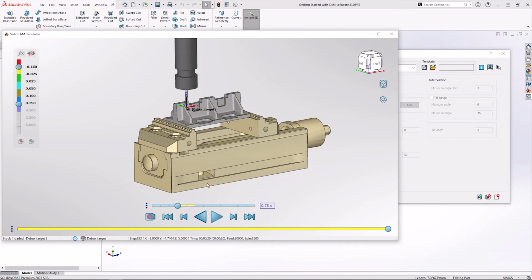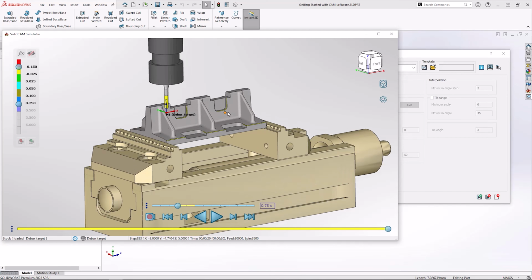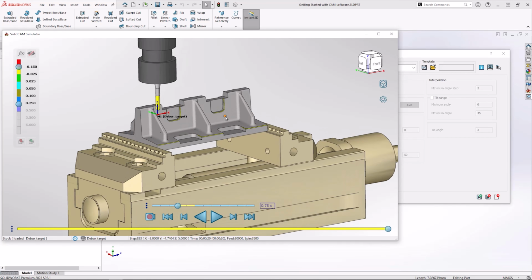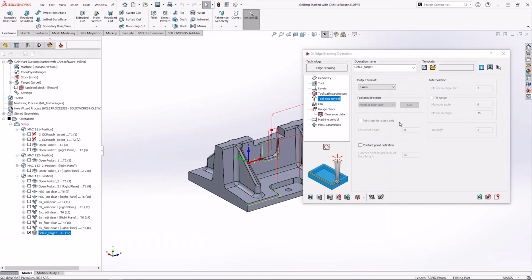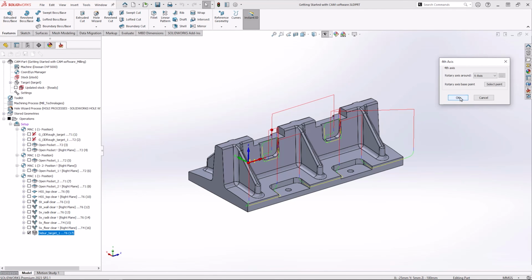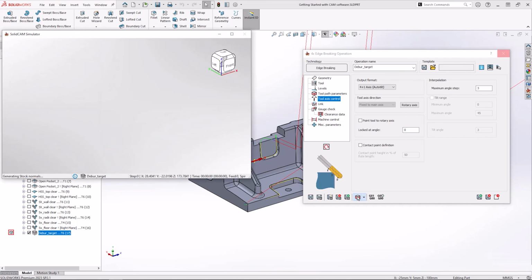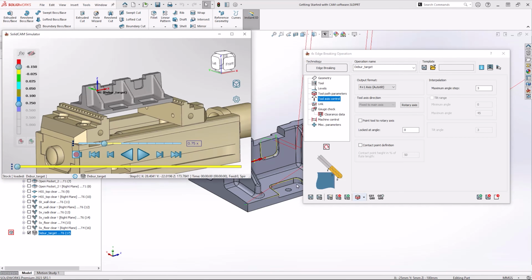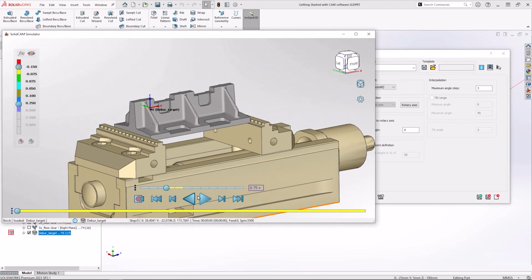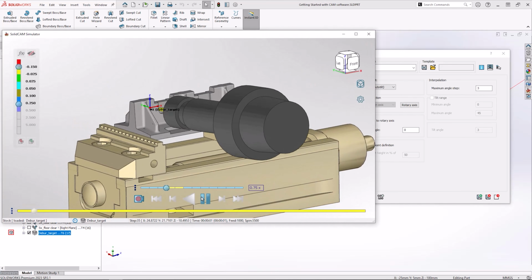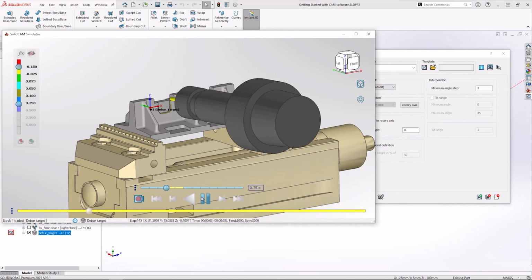From this again, we could go and check the simulation and the part to make sure that everything is what we want it to be. The next option we'll look at in output format is 4+1 auto tilt. In here we've assigned the rotary axis to be the x-axis to prioritise that, but if there's ever a need to tilt to make sure that we cut correctly, this will add it as needed. As we can see from the simulation, this will be no problem for it whatsoever.